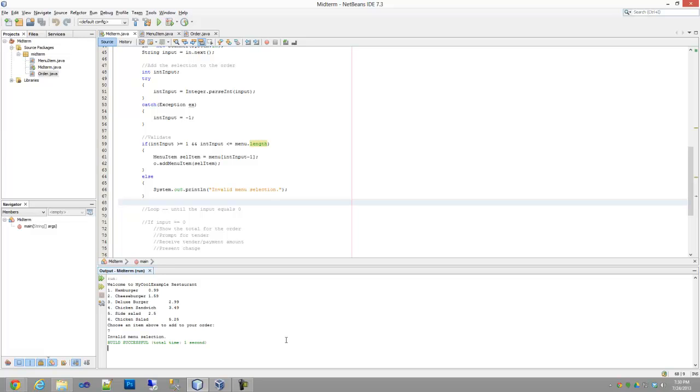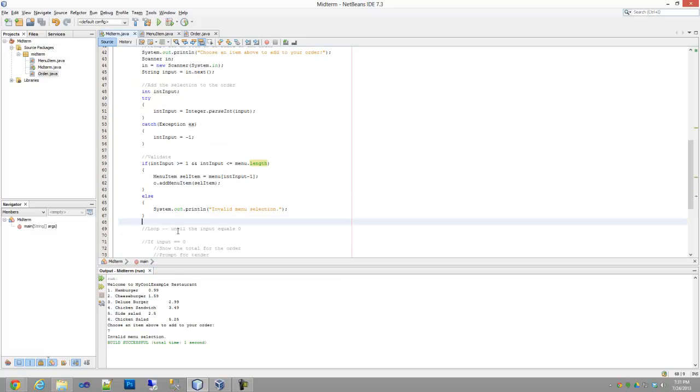So at this point we have two things that we need to handle. One is that after an item is selected, we don't get the opportunity to select another item. We simply lose everything. So what we need to do is wrap this prompt in a loop and allow that loop to execute until the input is 0. The second thing we need to do is have a mechanism for breaking out of the loop when the input is 0. So to start off, we will determine the endpoint, which I believe is going to be right here. So we'll say while true,